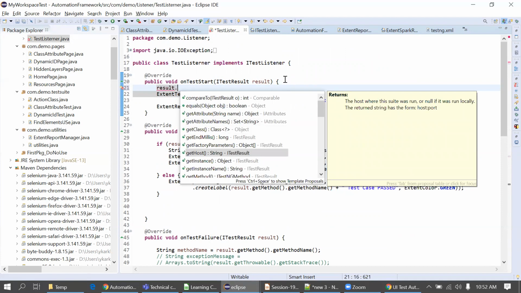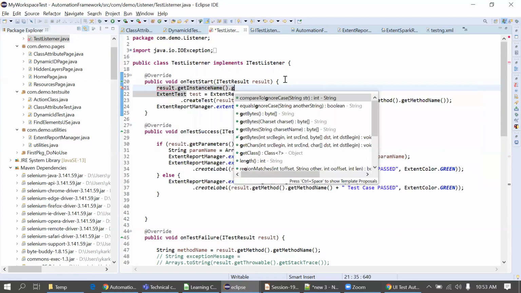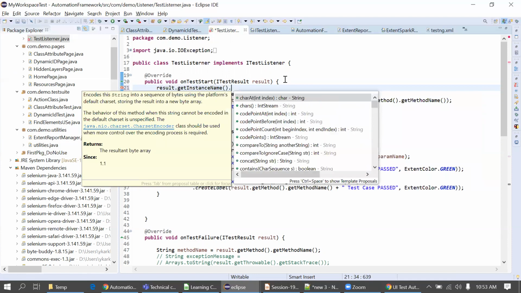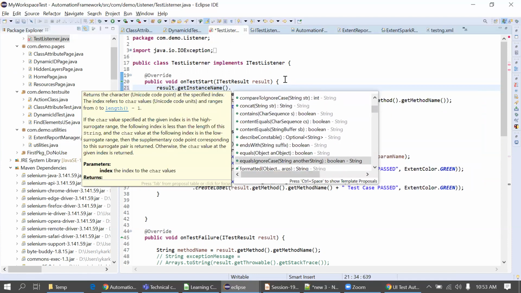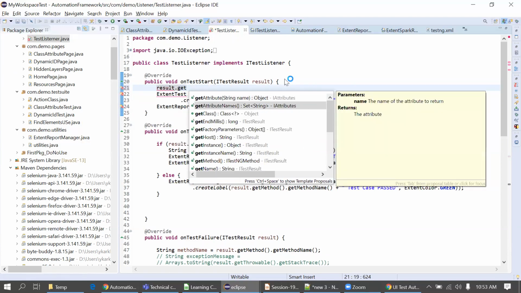Host means the system name. Get instance means which current instance is running. The get method is actually the method name, our test case name.